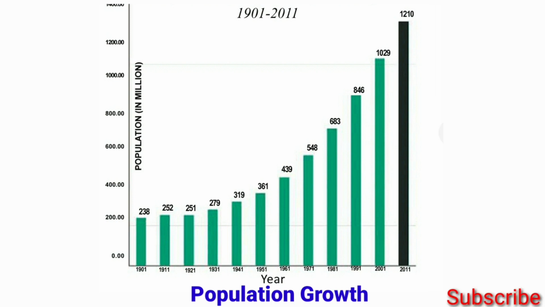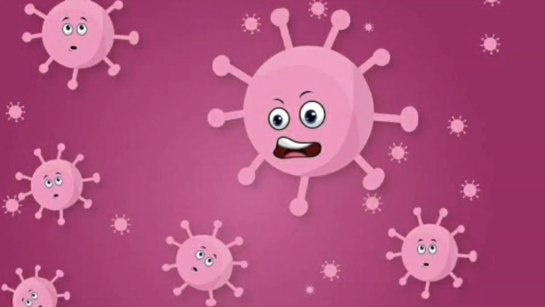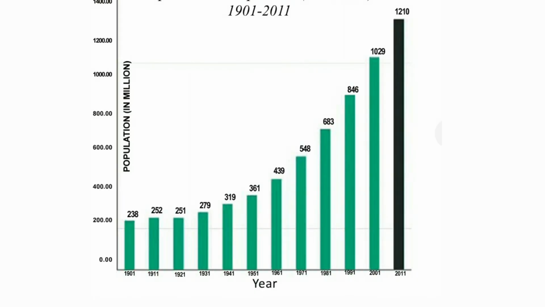Let's know about the causes for the Indian population growth. There has been a rapid decline in the death rate, but not in birth rate. During the period 1901 to 1921, there was a high death rate due to famines and epidemics, including the influenza epidemic. From 1921, the scene changed, especially after independence.